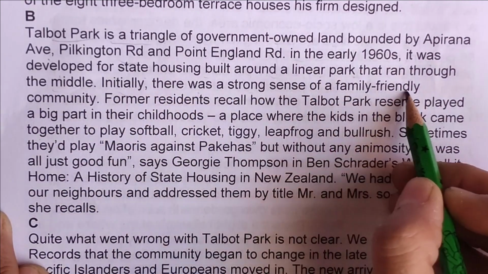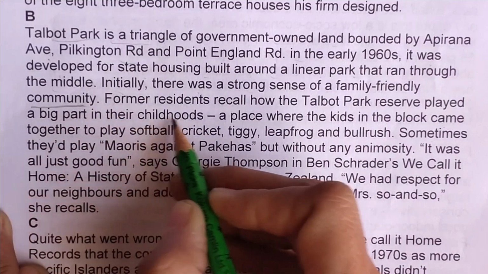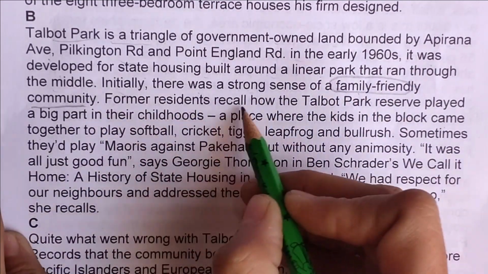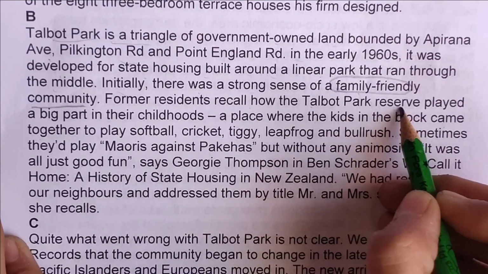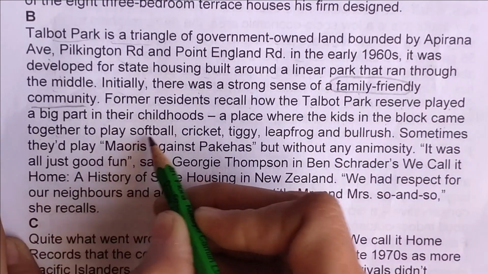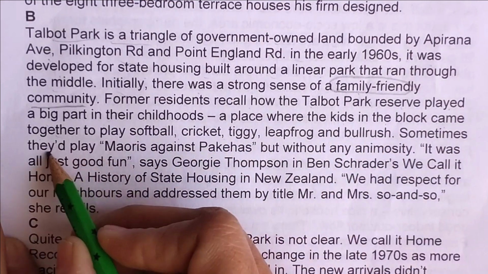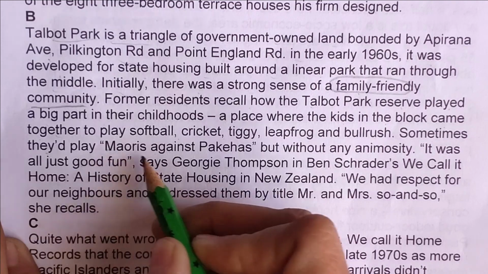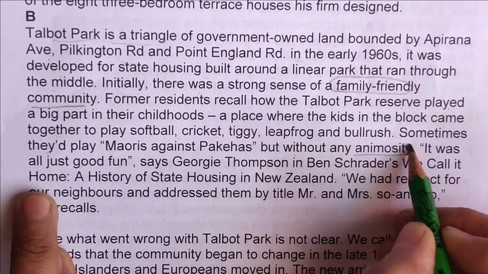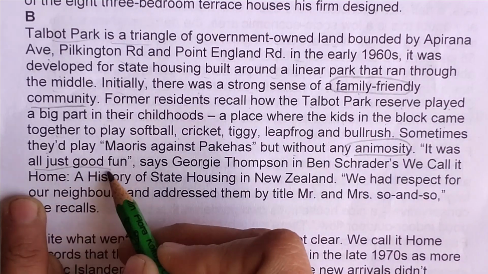There was a strong sense of a family friendly community. Okay, strong close relationship between neighbors. Former residents recall how the Talbot Park Reserve played a big part in childhood, a place where the kids in the block came together to play softball. Sometimes they would